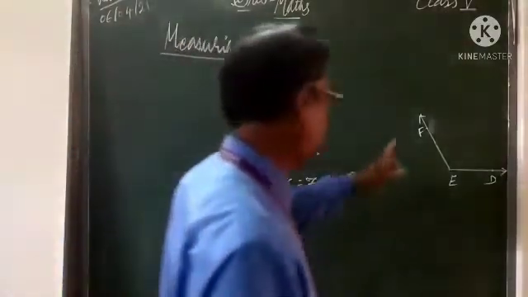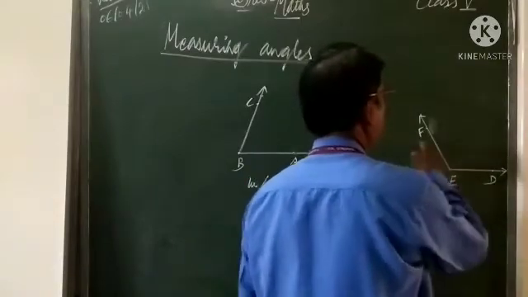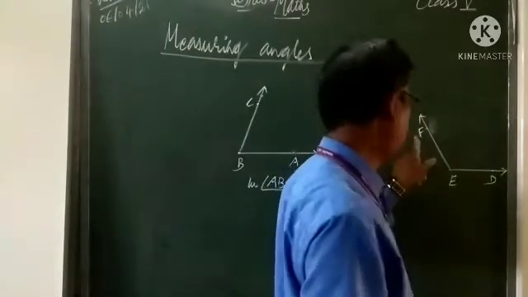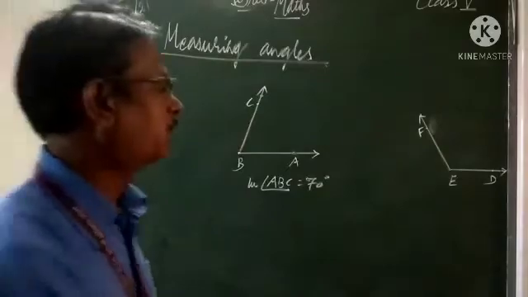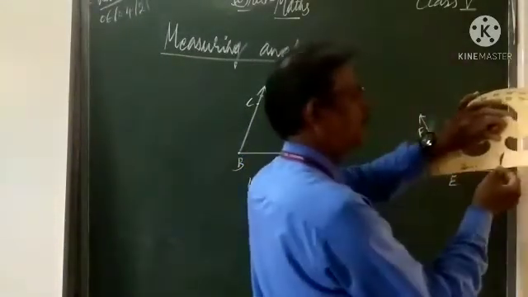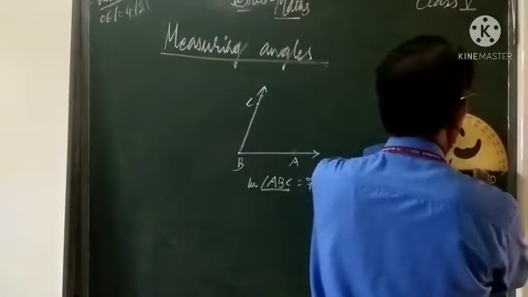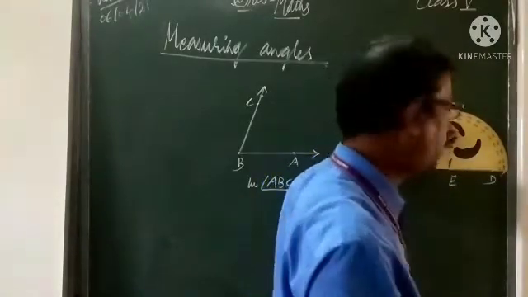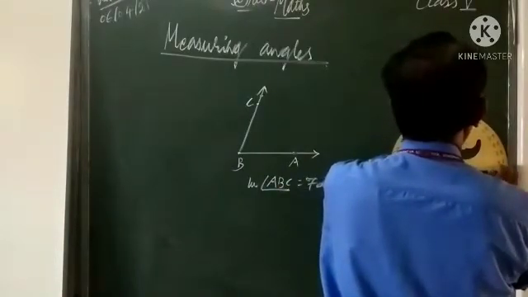Now the next example is also given. Here, what is the name of the angle? DEF. According to the letters you can take that one: angle DEF or angle E. Now what is the vertex of angle DEF? The vertex of angle DEF is E. So place the center of the protractor on the vertex of angle DEF. After that you have to adjust so that the baseline of the protractor and the baseline of the angle coincide, meaning fall on each other. After that, now you can measure that.